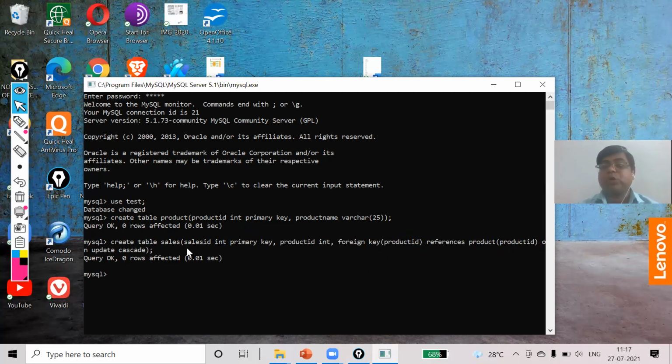Now one by one I am going to insert the records. So first, I'm going to insert in product. First one is 1 and the second one A. Here you can see, this refers to my product ID and this refers to my product name.